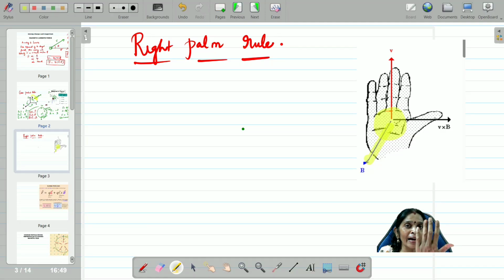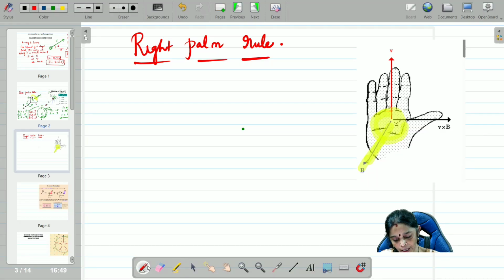If I keep it like that, this is your book. If I place your right palm outwards like that, you will be writing in the book like this, right? When this palm is facing outward, upward, that is called the magnetic field acting upwards. That is the z-axis, positive z-axis. But if I keep my right palm like this, that is inwards. Got it, children? In the same way here, I have taken this right palm. So this is magnetic field outwards.